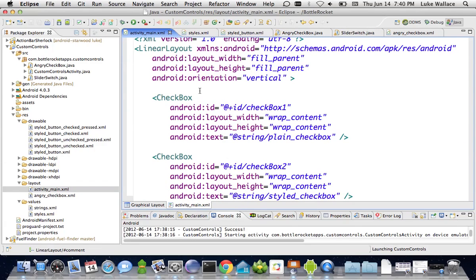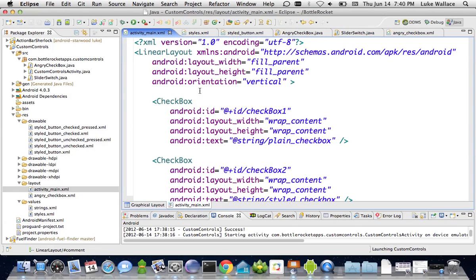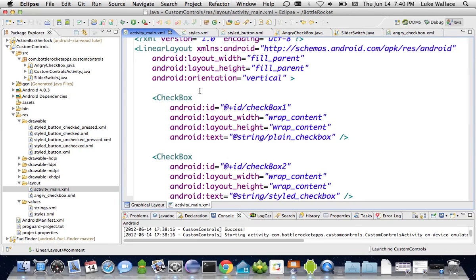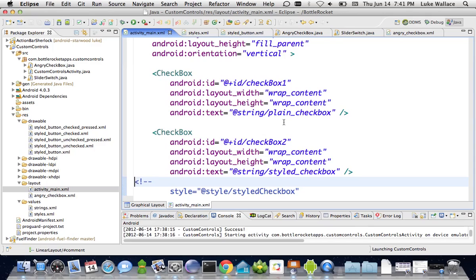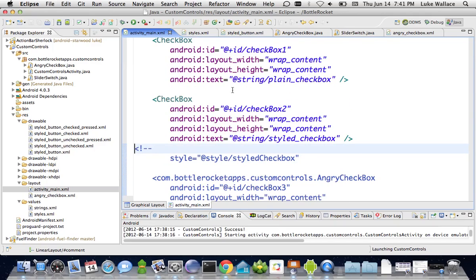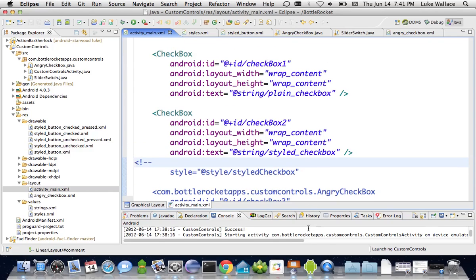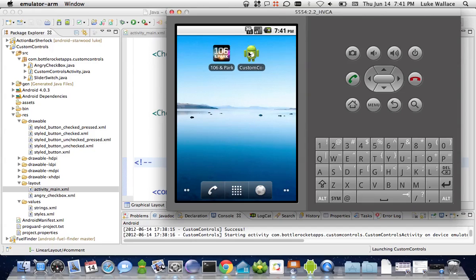So here's our activity. If you've done any Android development, you probably know how an activity is basically laid out. It's a linear layout, oriented vertically, so all the elements will be stacked on top of each other. We're going to draw one regular checkbox at the start, and then we're going to start on this second checkbox. And we're going to try to make it a styled checkbox. And so how a checkbox works is